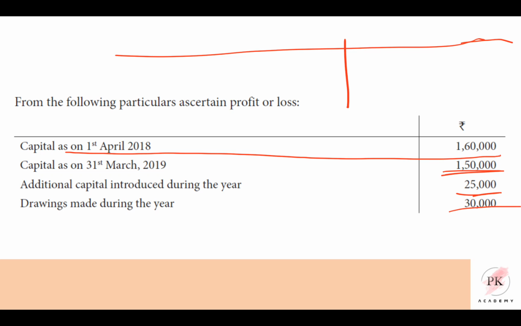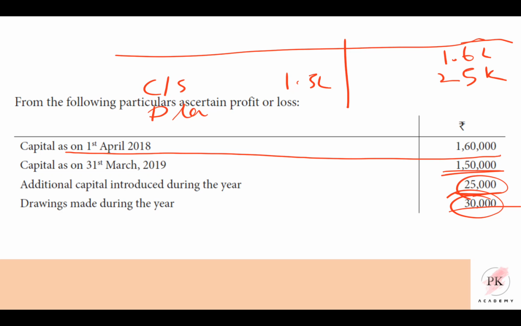The opening capital will be on the credit side, 1.6 lakhs, and the closing capital will be on the debit side, 1.5 lakhs, and additional capital will be 25,000, right? Additional capital is an increase in capital, so credit 25,000, and drawings is nothing but a decrease in capital, so this side, debit side, drawings